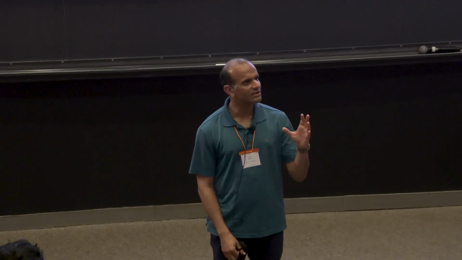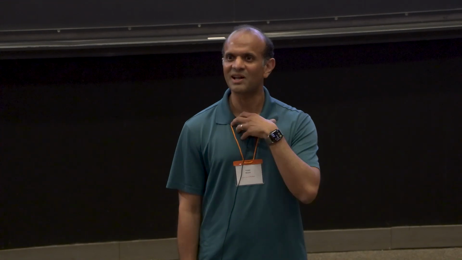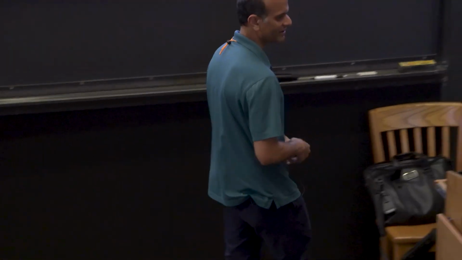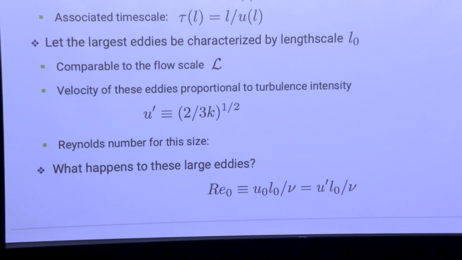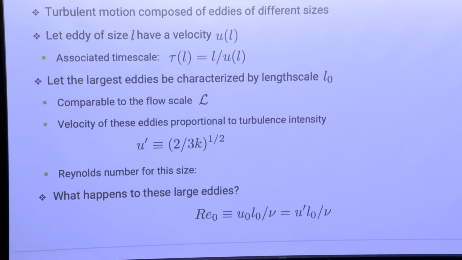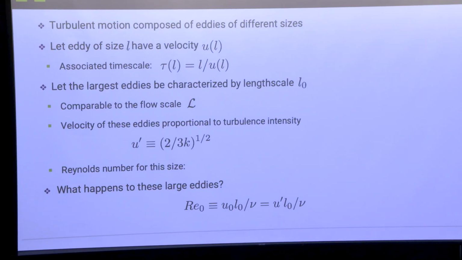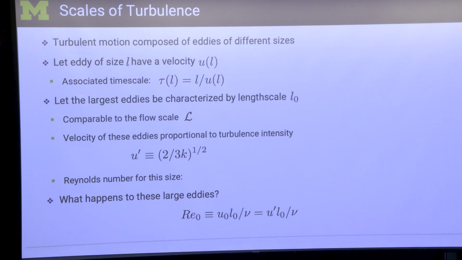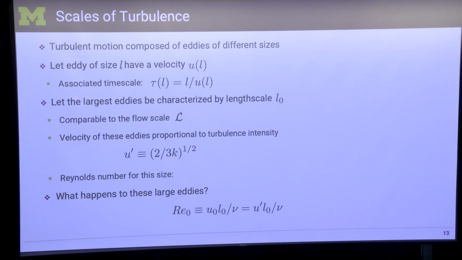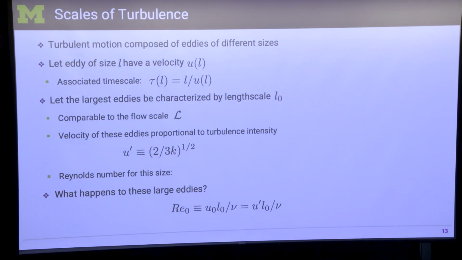So we have to think differently now. There's a length scale, and I'm foreshadowing a time scale that's going to show up in this picture, right? So we have to know length scale and time scale. We always talk about turbulent motion having a length, like the diameter there, and then some velocity associated with it. If you divide a length by a velocity, you get a time, and that's your time scale, okay? So any eddy of size L has associated with it a time scale tau also, okay?